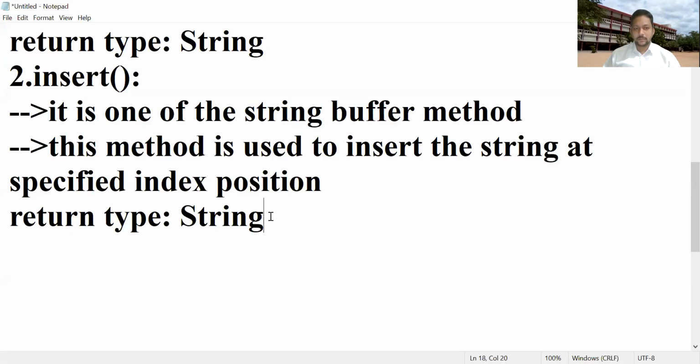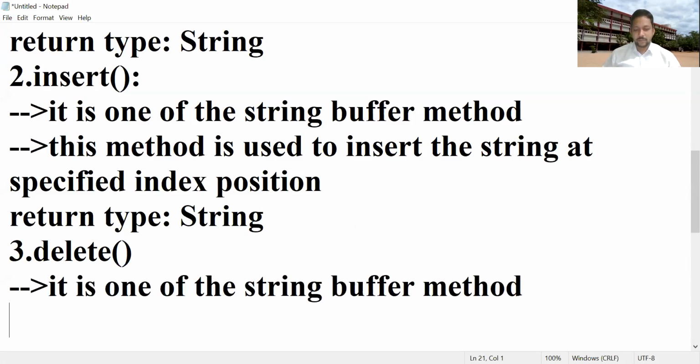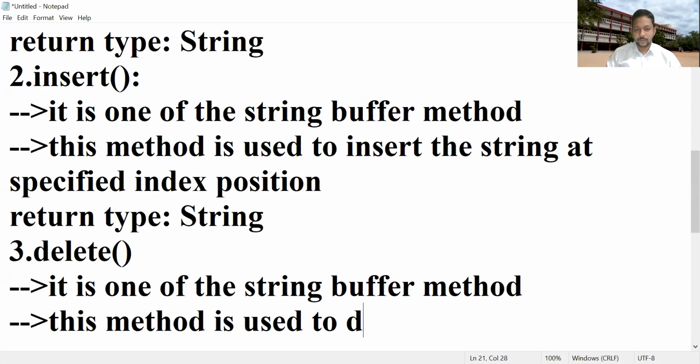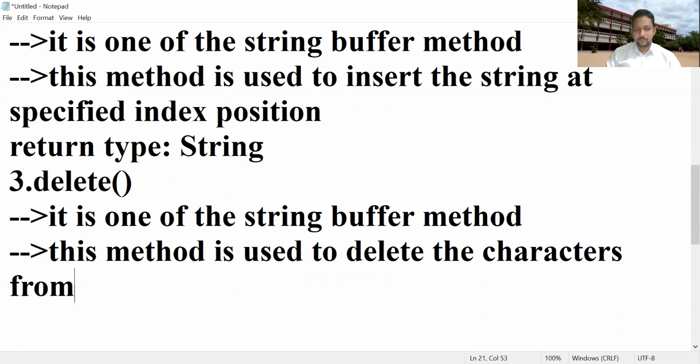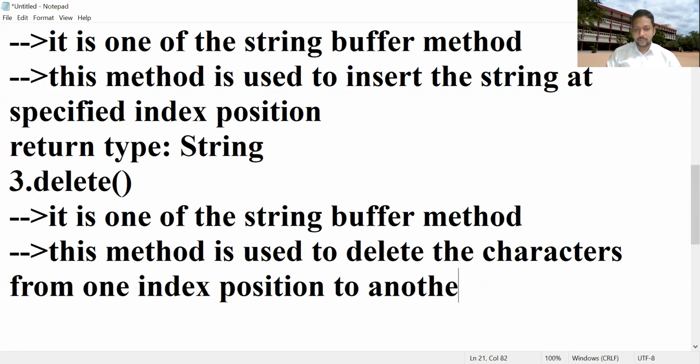That is the delete method, all lowercase letters. The delete method is also one of the StringBuffer methods. This method is used to delete the characters from one index position to another index position.